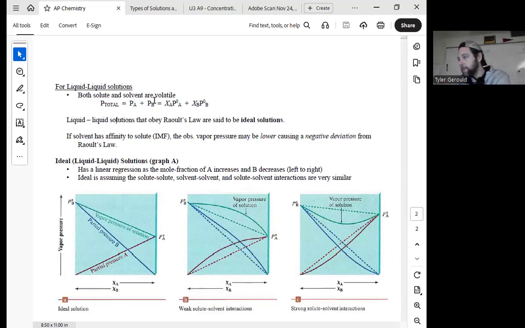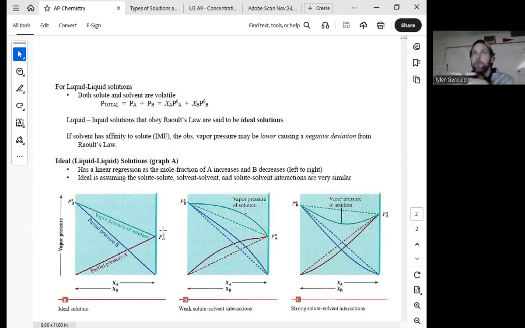It's just for each of those vapor pressures, they're being affected by their own mole fractions. And so you have to find their mole fractions. And what you're calculating is this vapor pressure of solution, which is that green line on the graph there. That's the ideal vapor pressure. Now, this is the one that generally gets augmented a little bit because the liquids are interacting with each other. And if they're interacting